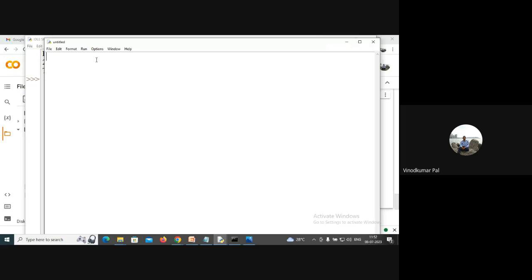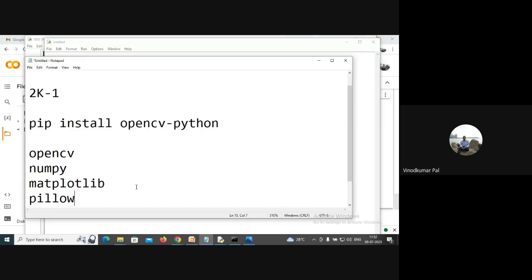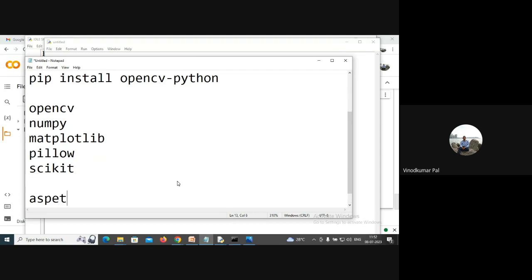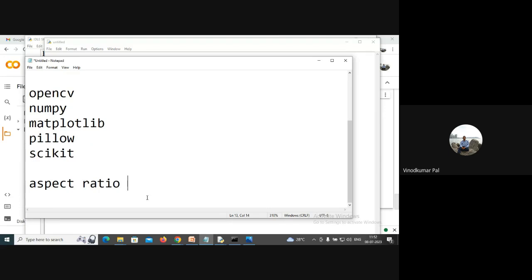Now, the different aspect in resizing is, normally I've just given the dimensions or I'm just changing them, right? So there is no rocket science in this, but there is a concept called aspect ratio. Okay, I'll just write it over here. Aspect ratio. What do you mean by this aspect ratio? Basically,